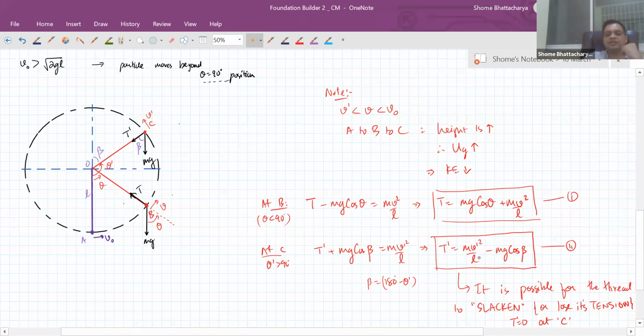Okay, so there is some critical value of V prime at which the tension becomes zero. If I want the tension not to become zero, if I want the string to continue in the vertical circular path, I don't want V prime to be lower than that critical value. I want it to be greater than that. So accordingly, I have to give a certain minimum velocity V naught at A. Otherwise, my V prime will be less than the critical value and the string would have slackened. That is the idea over here.